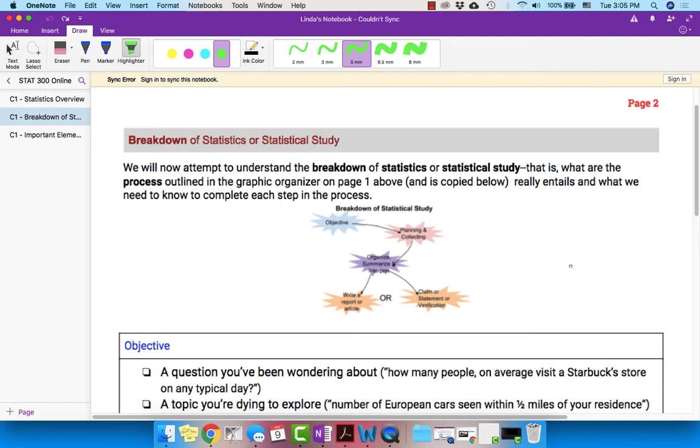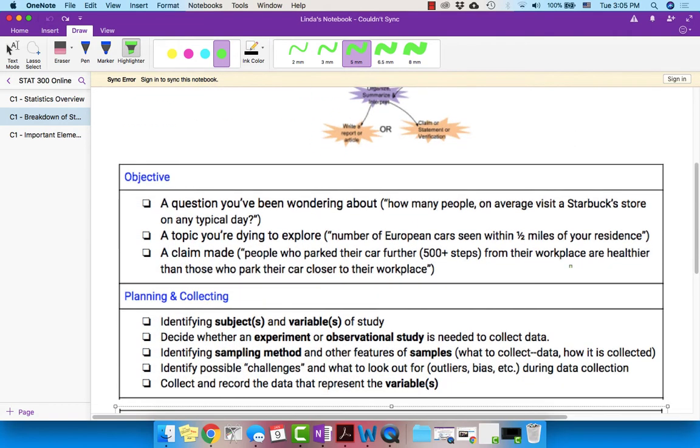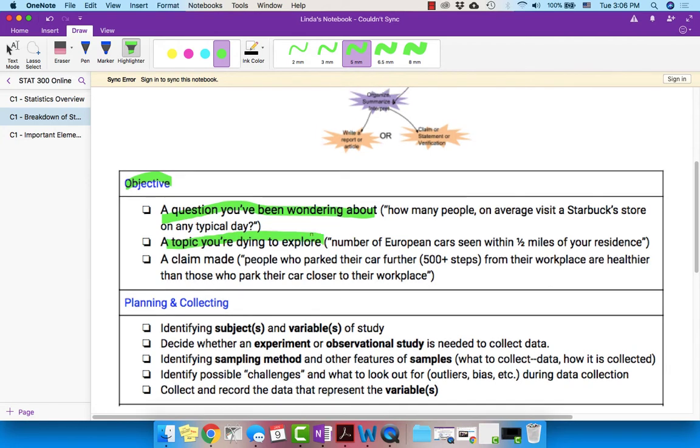In the previous video we mentioned that it begins with an objective, which can be a question you've been wondering about, such as how many people on average visit a Starbucks store on any typical day, or a topic you're dying to explore, such as the number of European cars seen within half a mile of your residence, or a claim made,